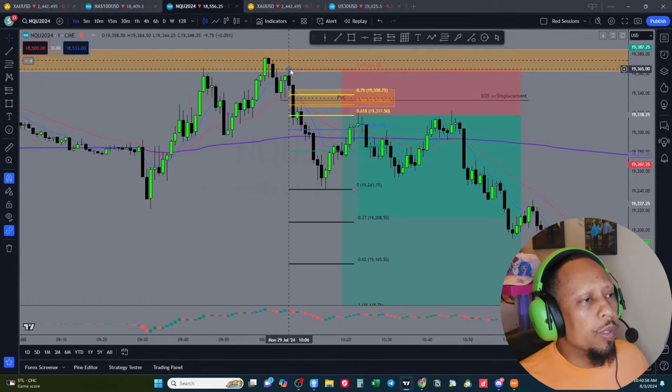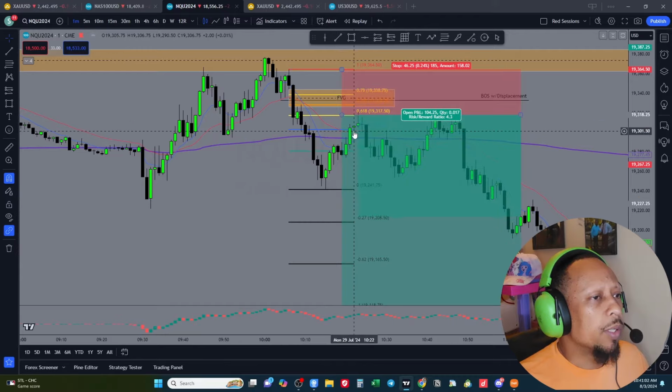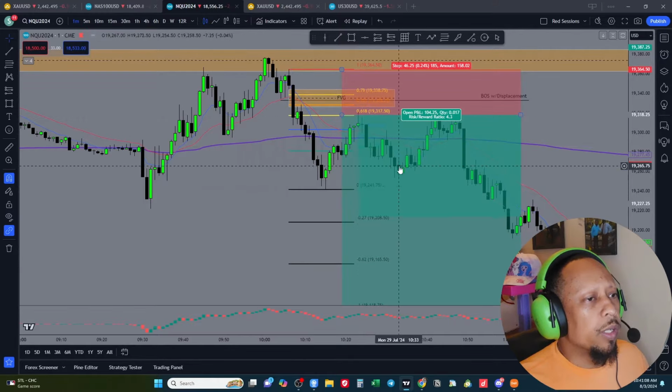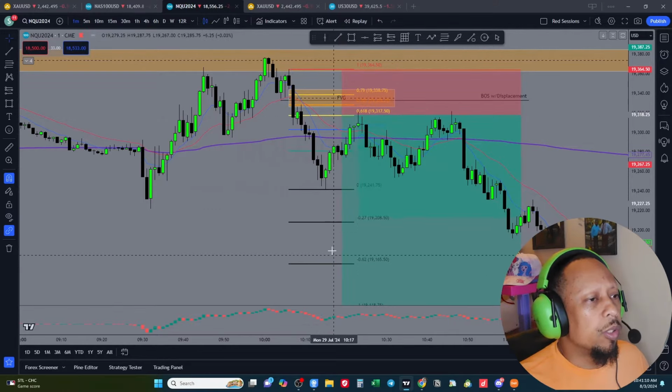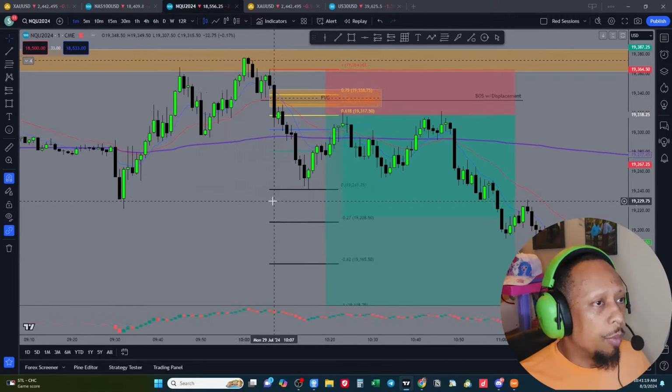So with this move, we did just that: dragged the fib down, waited for price to return. It tapped into the first level of the OTE, and then you just ride your trade down into your take profits. This is take profit 1, 2, 3, and so on, right? All right, so anyway, if we zoom out here,